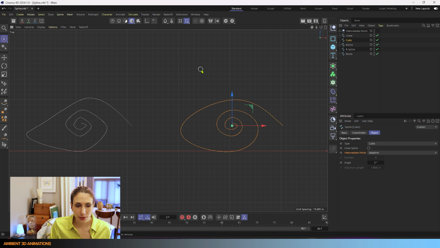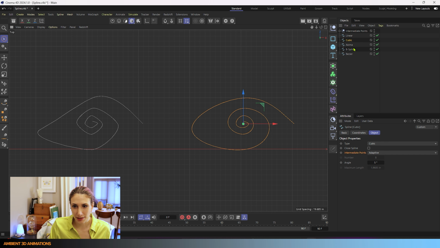I like to describe these two together because the differences you see between them help you understand exactly how they work. I'll turn on points. Now you can see the points are all in the same place. These splines are created with points in the exact same place, but they look different. This one is our cubic spline. I've named it up here. Cubic. You'll notice that this one, the curvature moves outwards a little bit more.